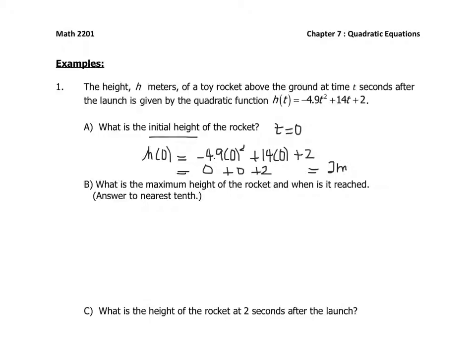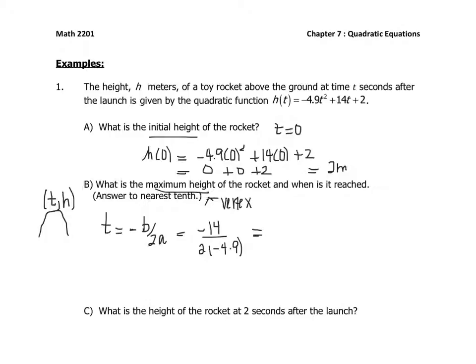What is the maximum height? When you see the word maximum, you've got to think vertex. In this case, it would be a parabola that opens down, so it would have a vertex. The x-coordinate in our word problem has t for time, and the y is a height. So if we want to find the time at which it's reached, it's like finding the x-coordinate of the vertex, which we can find using negative b over 2a. So the negative b would be negative 14 over 2 times negative 4.9, which is the a value. So that would be negative 14 over negative 9.8,